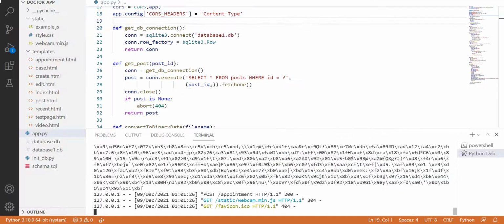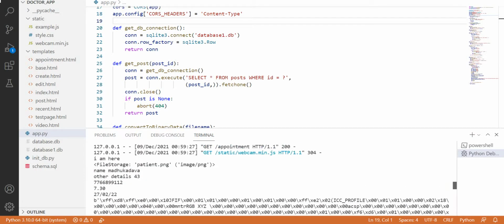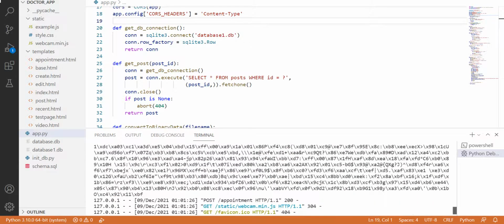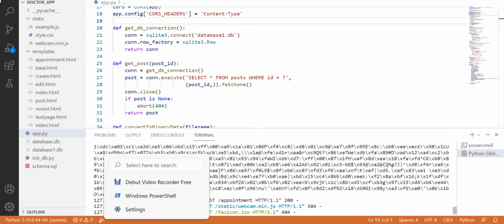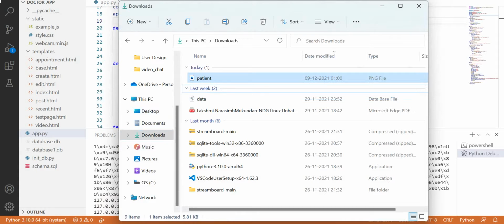So we have to know whether it is submitted in the DB or not. The name Madhu Gaidava is coming. Here if you see, patient dot png, name Madhu Gaidava, so this is the one. We'll do one more submitting of this afterwards. First what we'll do is we'll check SQL Studio.